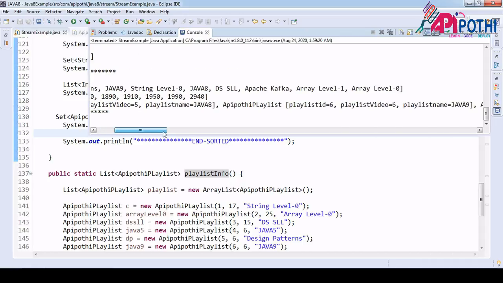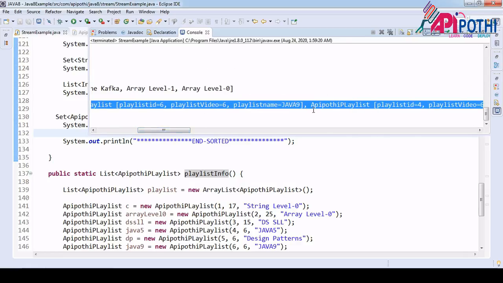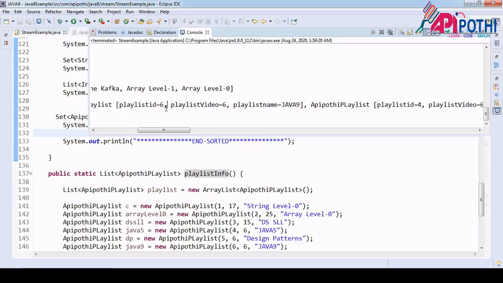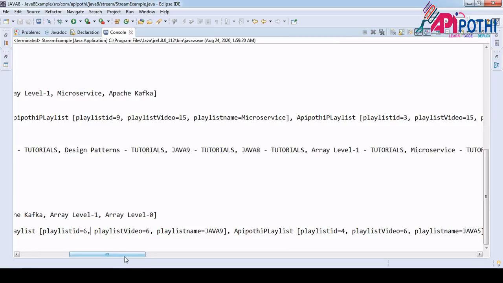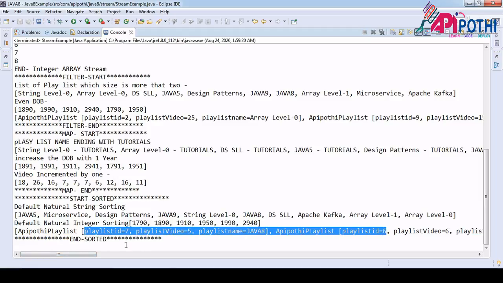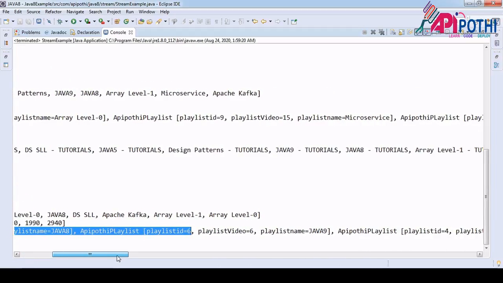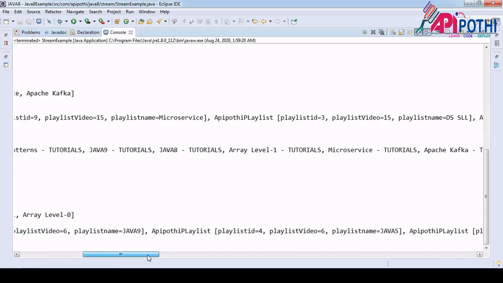Okay, 7 6 5 6. One second, how it is sorting is that we need to see playlist id 7 and playlist id 6. Okay, so then it should be playlist id 5, but that is not there.